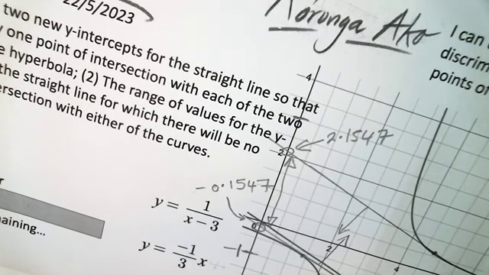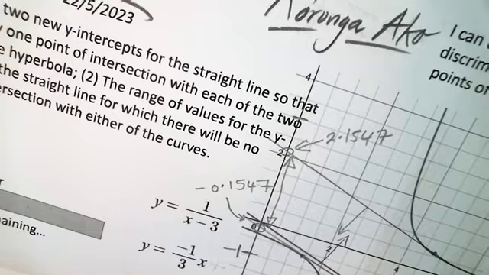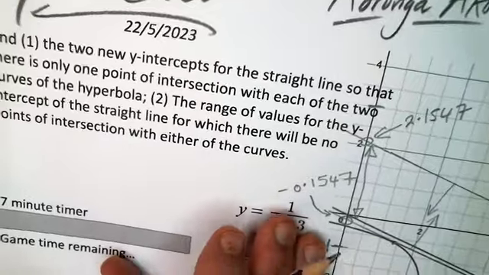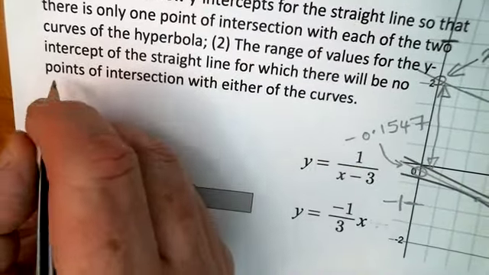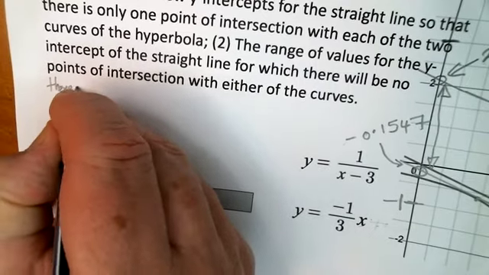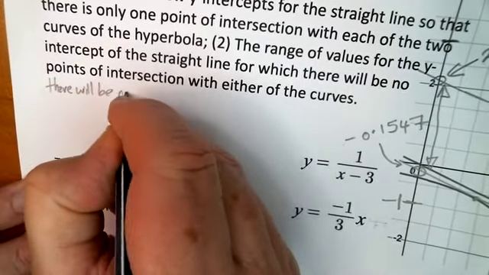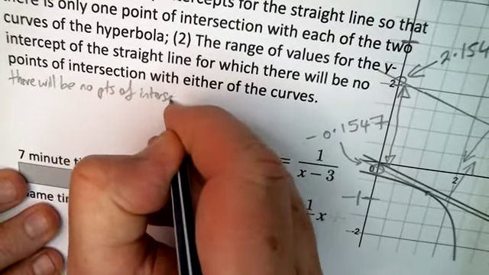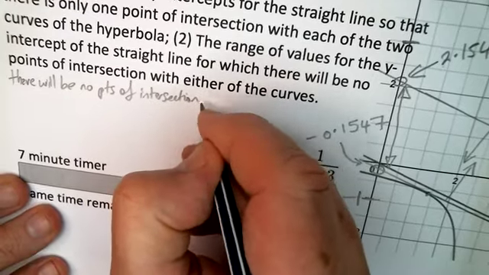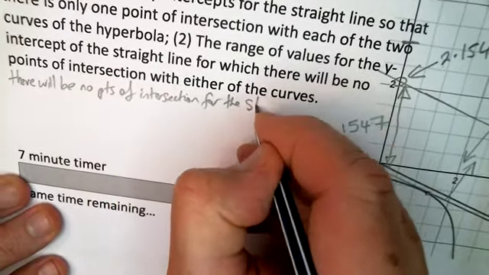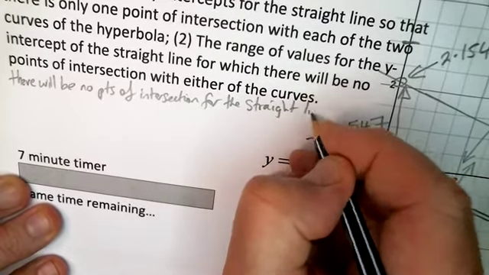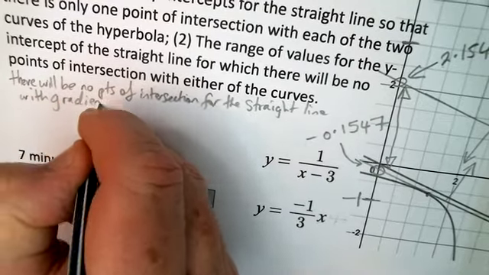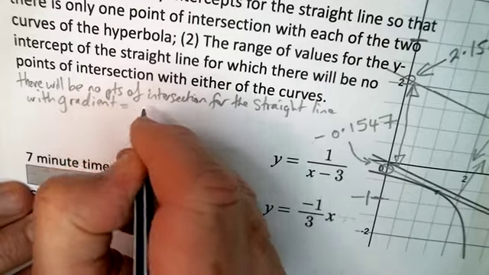I rather like the way I wrote it before, so let's see what I actually put. And in fact, I wrote here, so I'm going to write the same thing. There will be no points of intersection for the straight line with gradient equals negative 1/3,